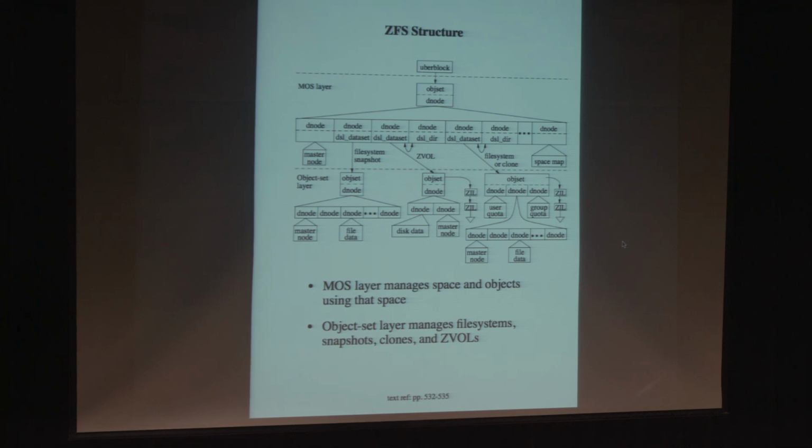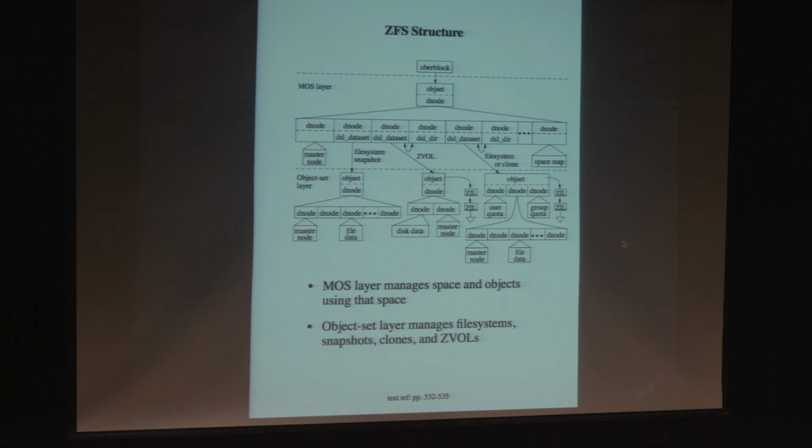The thing that it references, the actual file system there, you can see is made up of three pieces. It says user quota. It's not really their quota. It's really what they're using. You can have quotas on users. You can have quotas on groups. So there's how much particular users are using and how much particular groups are using. And then you can see the array, which just makes up the files of the file system, directories, et cetera.